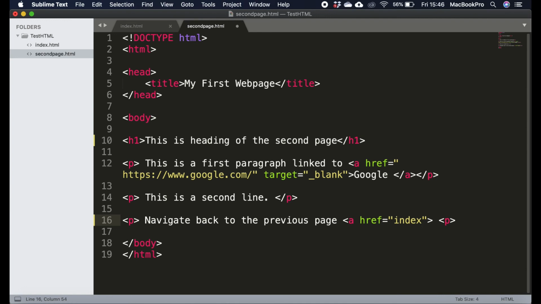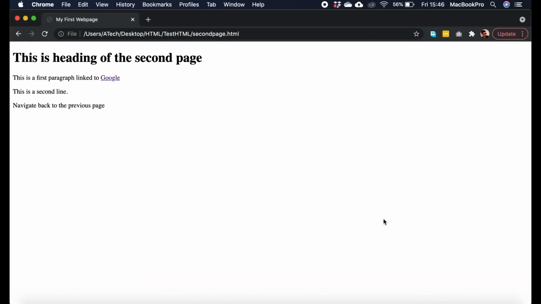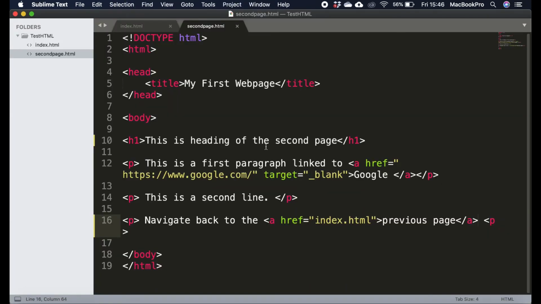So I'm going to say index.html. So I'm going to cut this and put it back here. So now in the same page, you can click on this previous page to go back to this. So this is how you can use the hyperlinks in HTML to connect files and also to connect external links